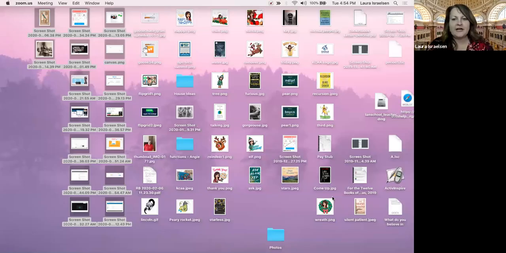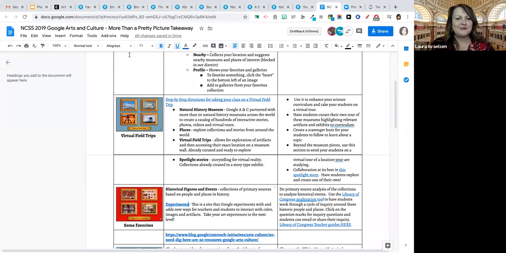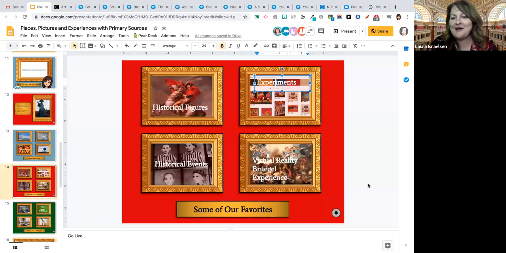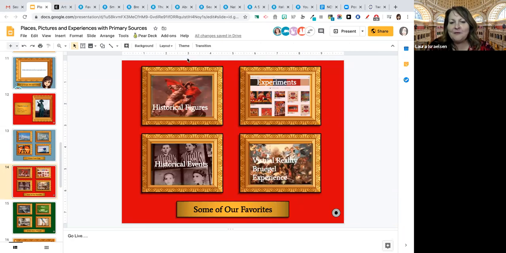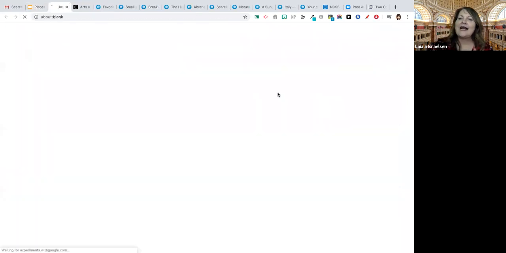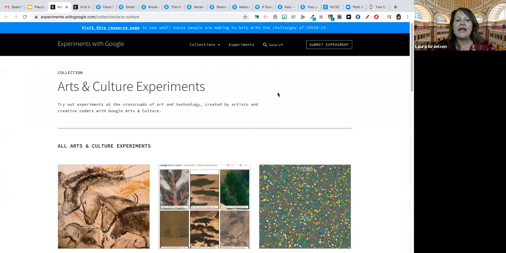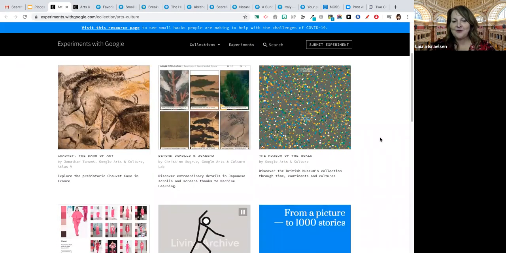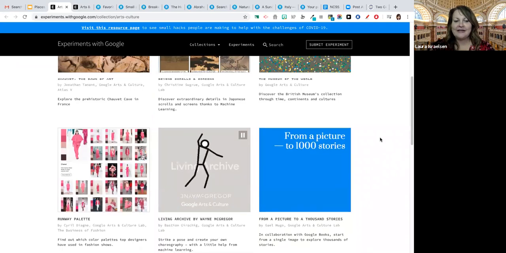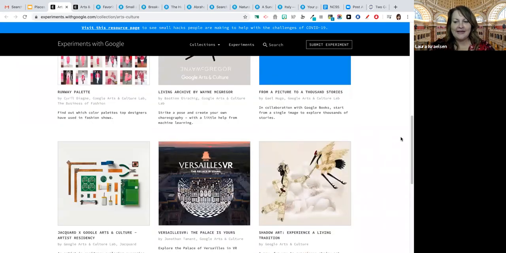Okay, I wasn't sure if we would have time, but there's one thing that I kind of love that goes with the STEM and the STEAM side of Google Arts and Culture. It is bookmarked here and also bookmarked in the takeaway. Google Arts and Culture has an experiments page, and it's in beta, so everything in here is in beta, but you can go in and try things out. You can have your students try things out. They have curated all of